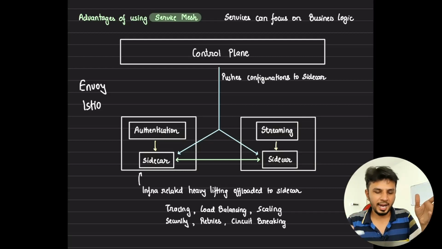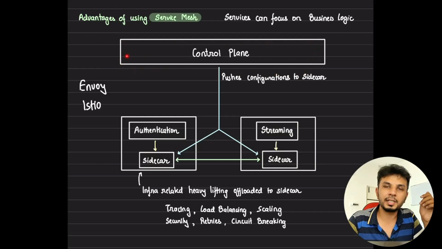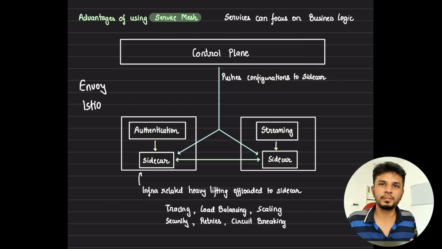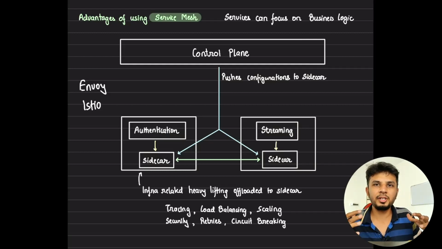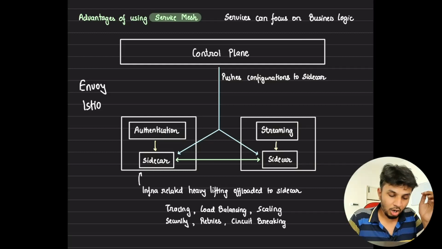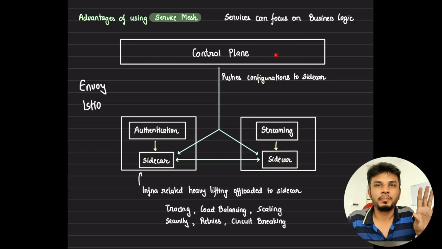So here the idea of a control plane comes in. This control plane is the one that holds all the configurations that you can imagine, like how much traffic should go there, what the security practices are, what the timeout is, what to retry and what not. All of that is handled by this control plane. Right? And like every single service, for Envoy, Istio and whatnot, everyone comes with its own set of control plane that you can leverage out there.